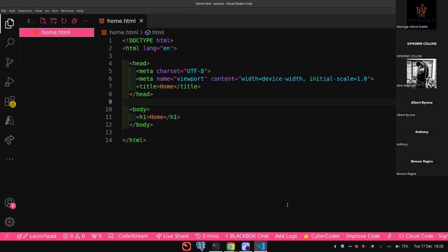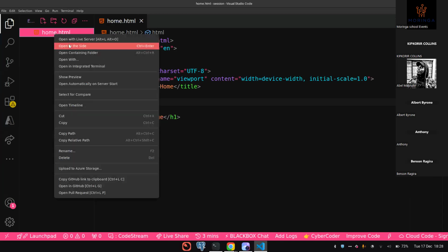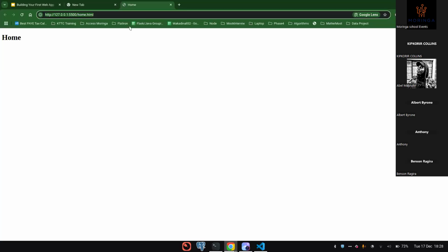So let me close that. Give me 1 second. Right click, open the live server. Cool. So you can see I have